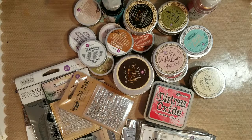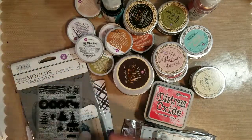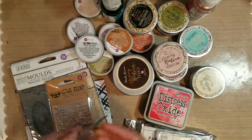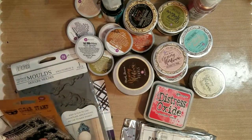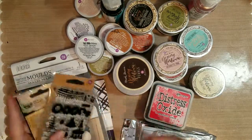My birthday was this month, and so I got some stuff from scrapbook.com, and I also got some items from AliExpress, which I have never ordered from before, and I'm going to get one of those videos up before the end of the weekend. I purchased a lot of different orders from AliExpress, and so things have just been coming in and it's too much to do in one video, so I just wanted to go ahead and break it up. But for this video, these are all